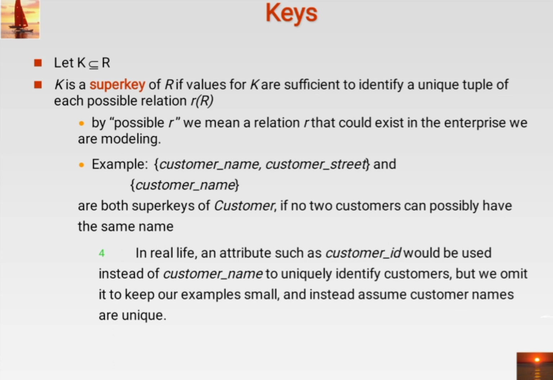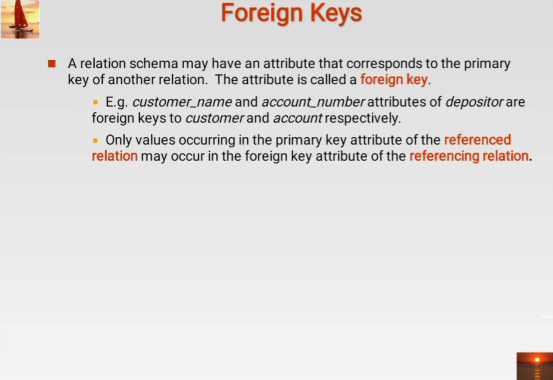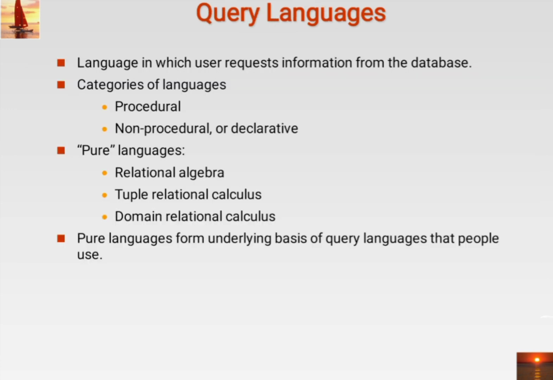There are different keys: super key, candidate key, primary key, and foreign key. That also we have seen, this is the candidate key. Then we have spoken about the foreign key also. Here in this particular example, I have given you how we use the foreign key in the other table. So the primary key in one table will become the foreign key in another table where we are using that primary key, right?